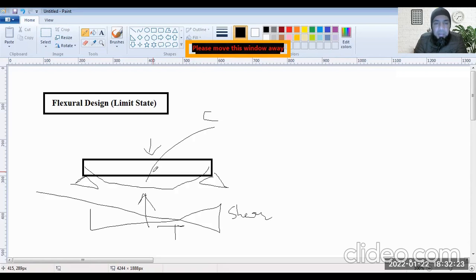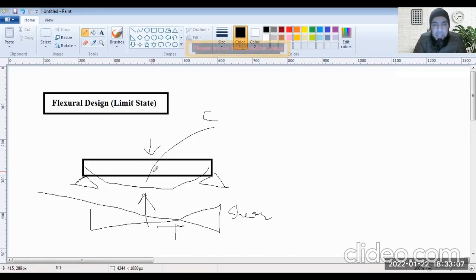The reason being that it's showing behavior in all the different stresses, in compression, tension, shear, as well as for serviceability, the deflection parameters. And it can also tell you about the cracking patterns on the tensile side, which will occur first. The failure would mostly be towards the tensile side, because concrete is poor in tension. So the failure will be towards the tensile side. So you can visualize the cracking patterns towards the tension side, which is the bottom side of a beam. So flexural design